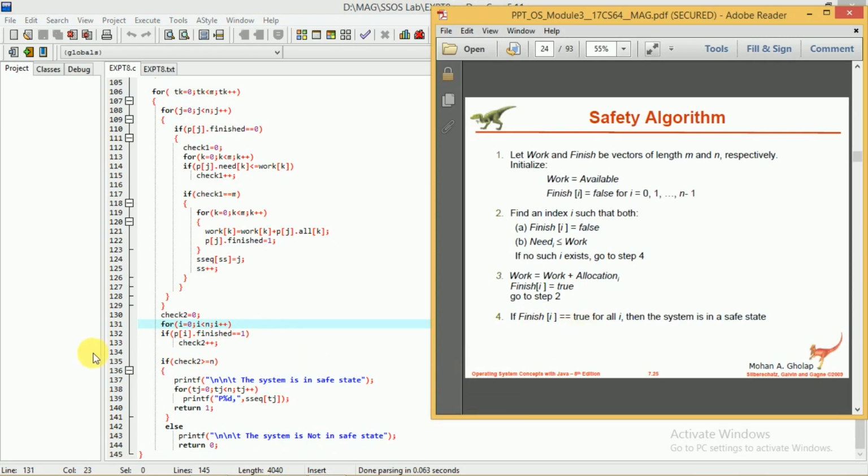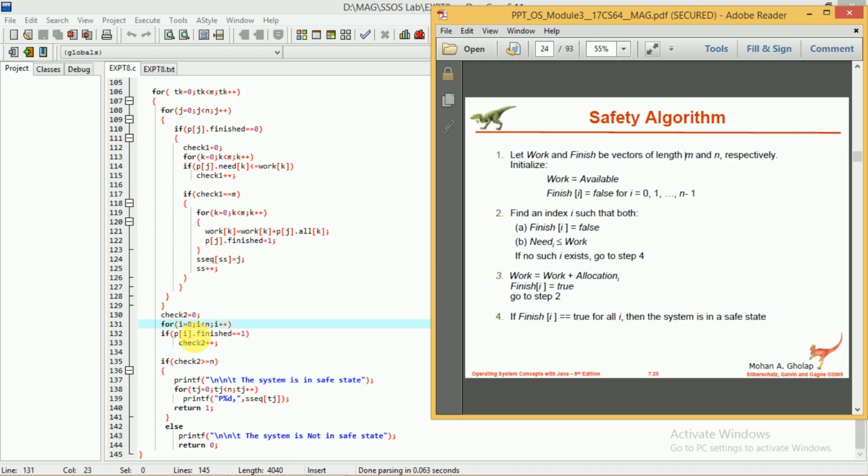If p of I dot finished equal to 1, then we simply increment check2 by 1. Each time we have to do this, remember. For I equal to 0, if it is equal to 1, we increment check2.